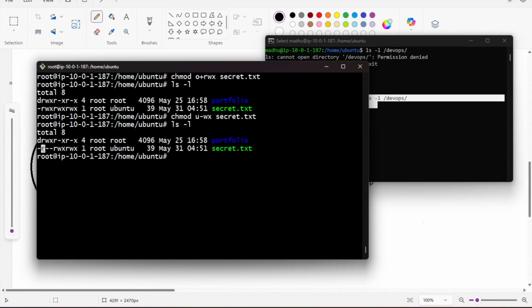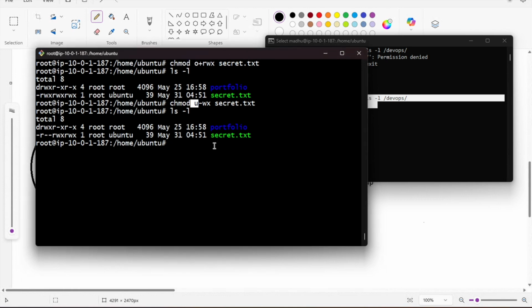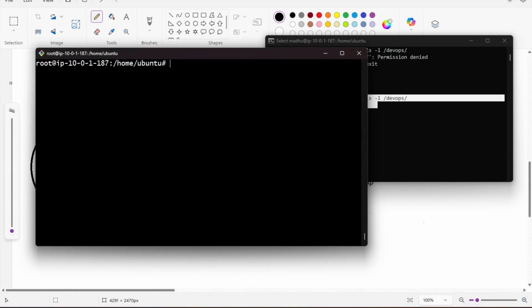Now this user has only read-only permission because we removed write and execute. So this way you can run it for others by using o, and for group g. You can try to practice them. These are crucial commands, because whenever you want to, for instance, if I write a script,